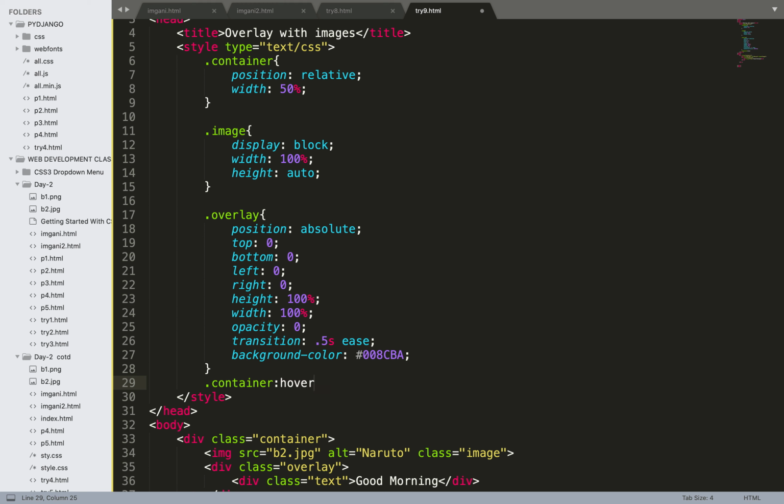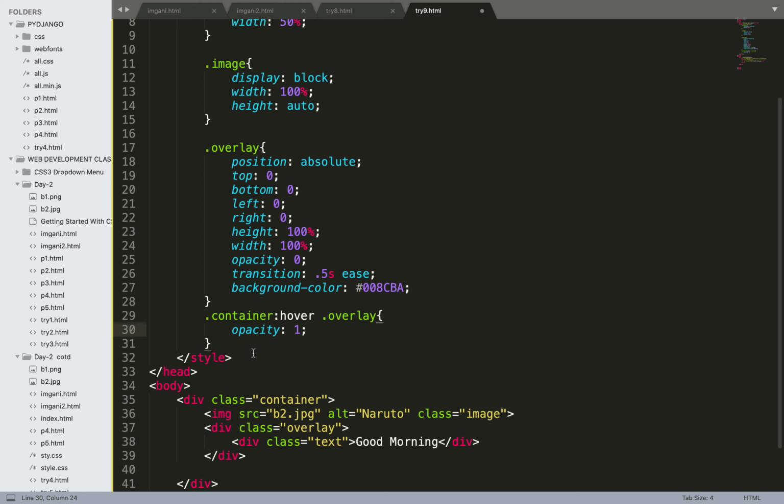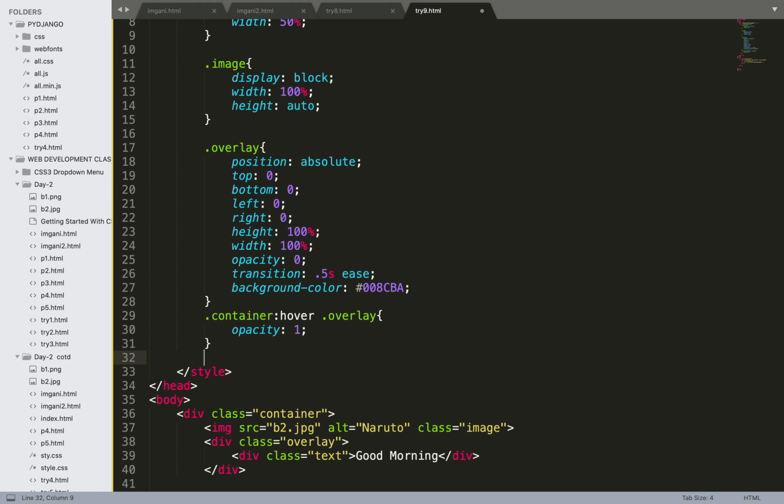Fine, so hover means when I want to move my mouse over that image, and apply that property to the overlay part. So now what we will do is opacity change to 1. So whenever I hover my mouse over that image, my animation will work with the overlay part.